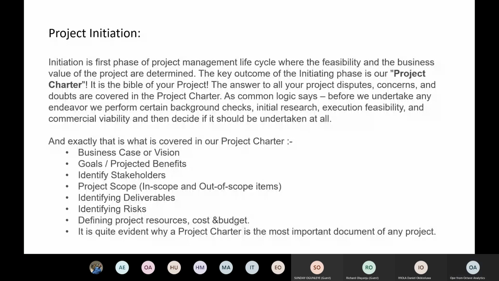Then the staff cost. The staff cost is also important because sometimes, after getting on the project, you might need